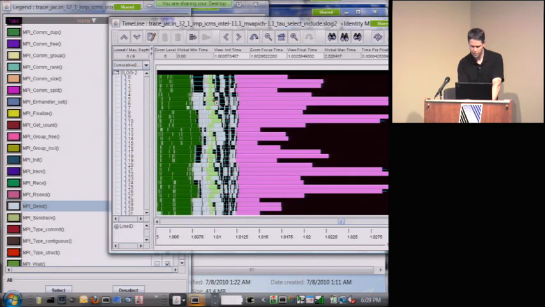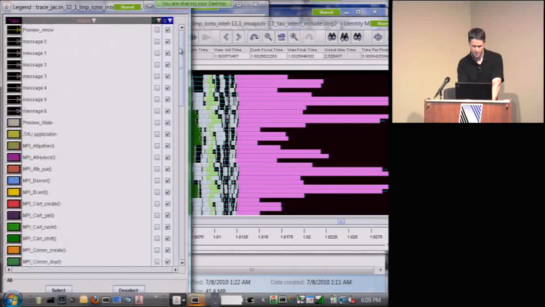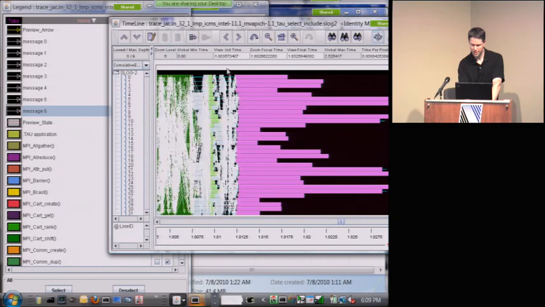Okay, so this shows all the MPI send function calls, but to see the lines, then I think it's one of these here, these message lines. So let's go ahead and add these in and see what happens. Okay, so there's all the lines, and so